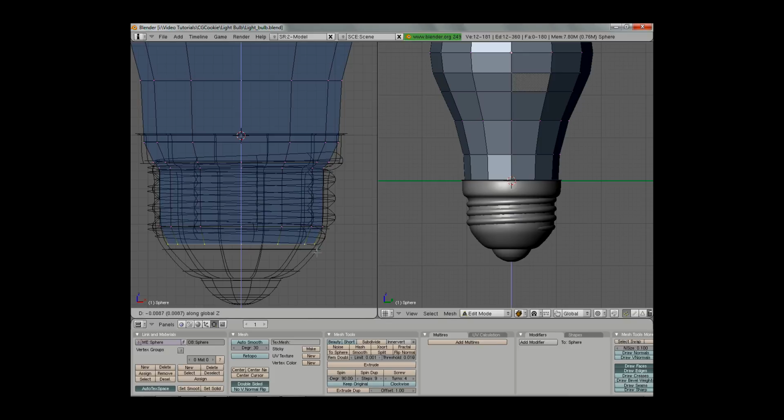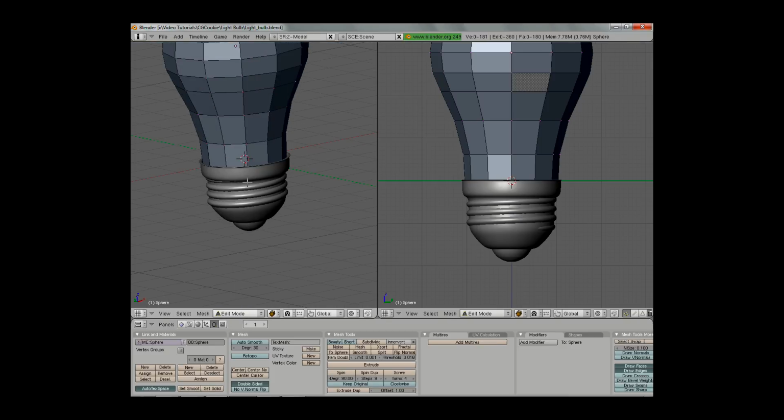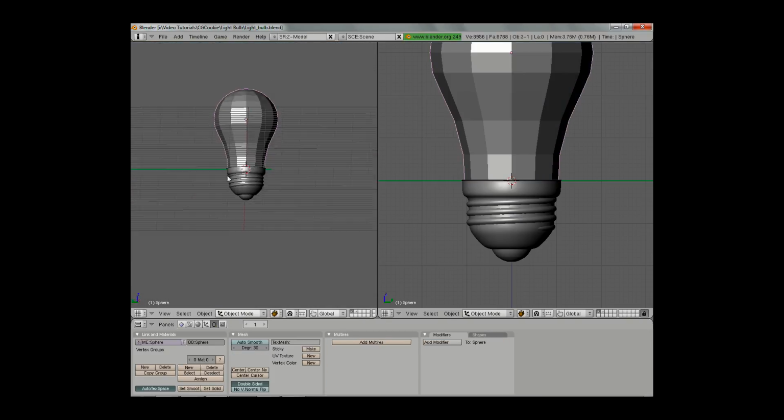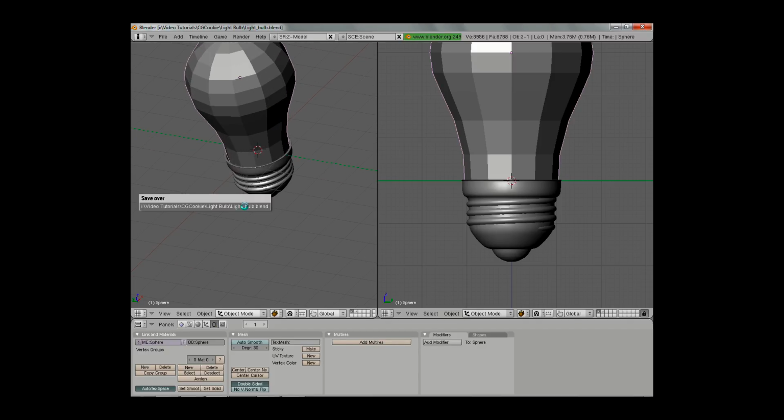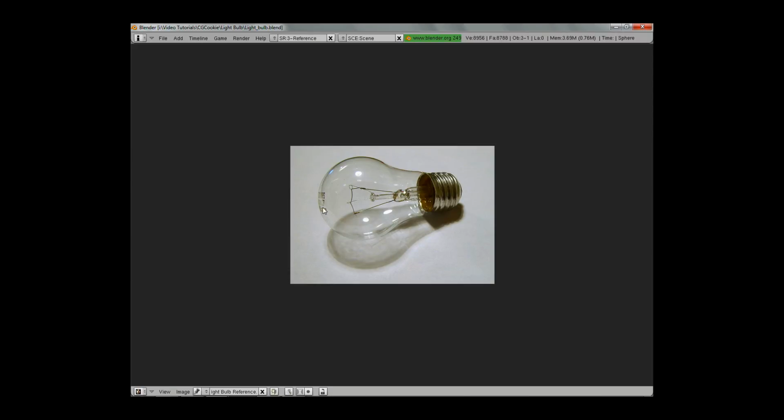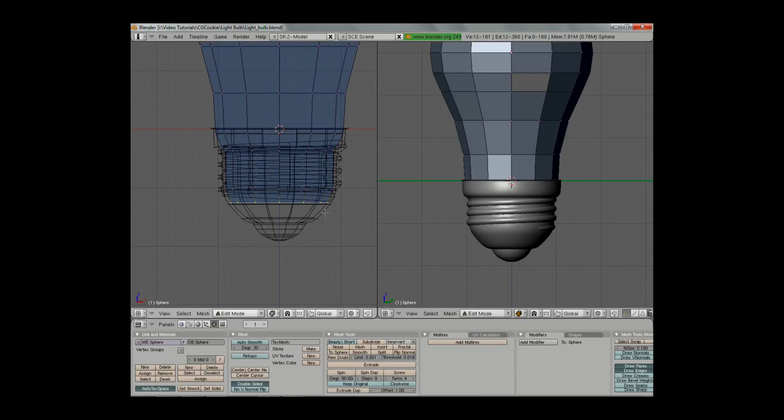And then on the bottom here. Now, this is one part where it's going to get a little tricky, because since we're going to make this transparent, remember we're modeling the glass here, and so we need to model this interior portion as well, which basically is just blown in glass. So this continues down here in, and it comes back up like so. And so we need to do that. And so we're going to just select this, hit E to extrude, take it down, scale in, and then bring it up in a nice curve like so,